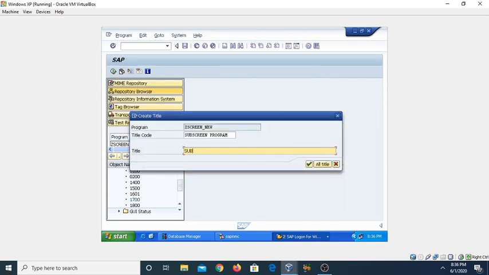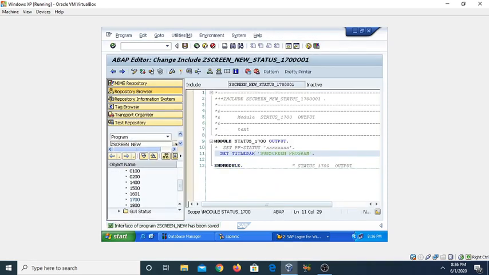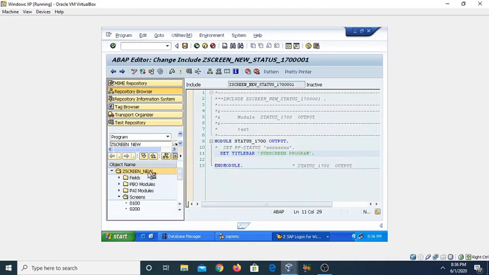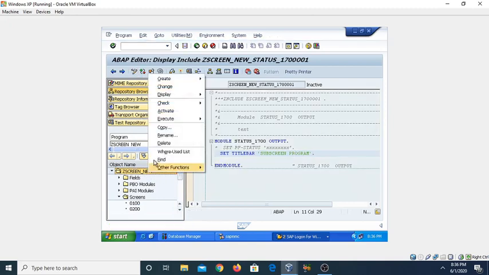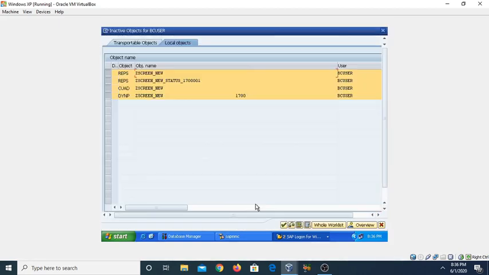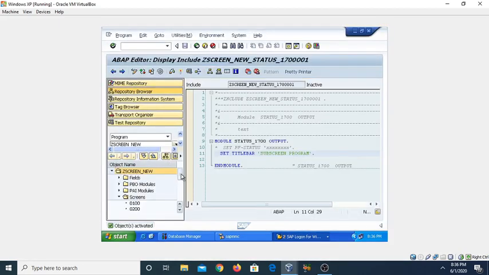This is our subscreen program. And then activate the main program.